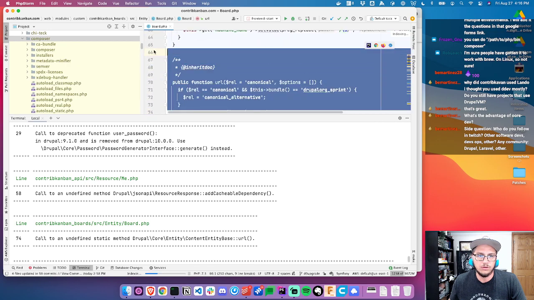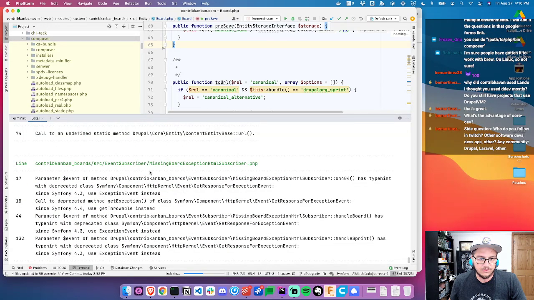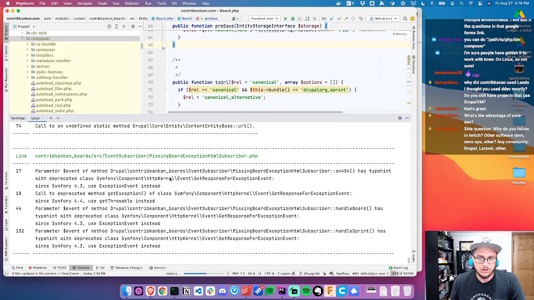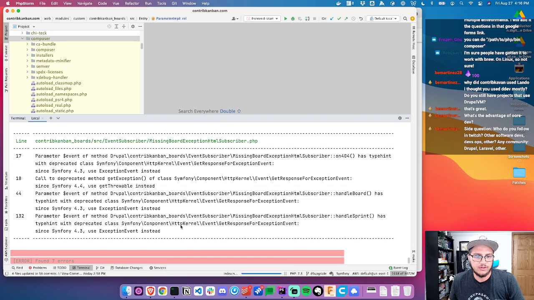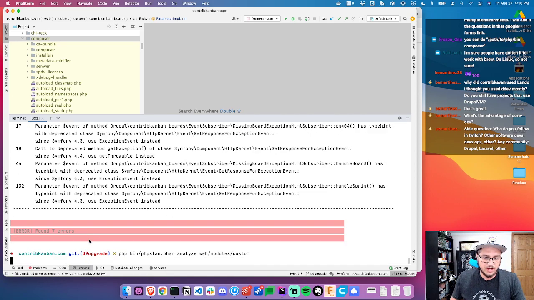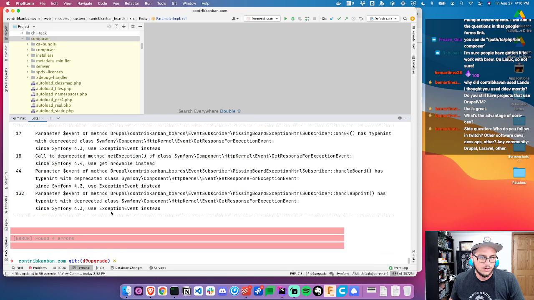So let's do that. So missing board. Okay, that we can fix fairly easily. So let's just rerun this now. Perfect. So one thing I want to try too is composer require dev